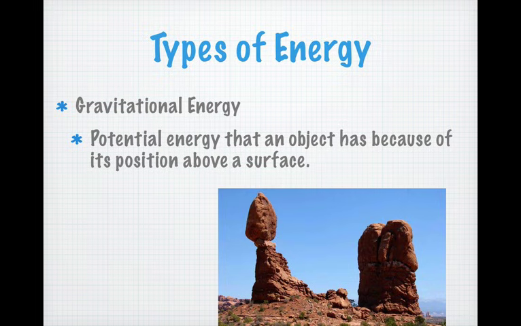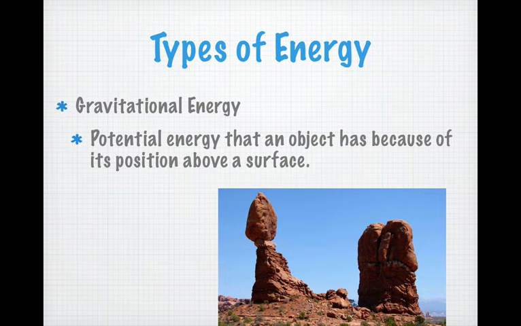So here we've got this giant rock perched on top of this little outcropping of rock, and it's got a lot of gravitational potential energy. And I want you to remember from the gizmo that gravitational potential energy is there because of the weight of an object and the height of the object. So if we've got a really, really heavy object that's high up off the ground, it's got a lot of